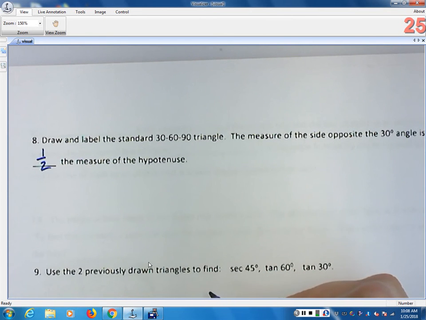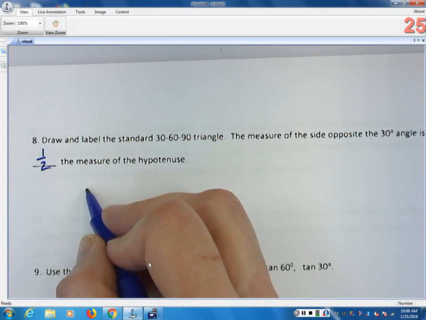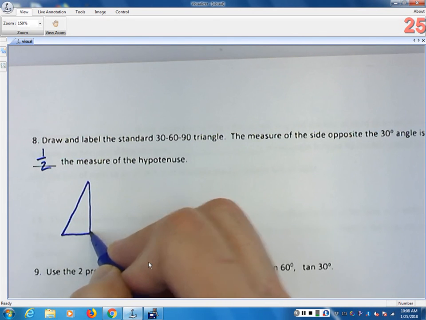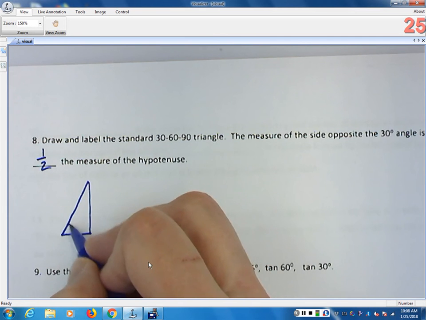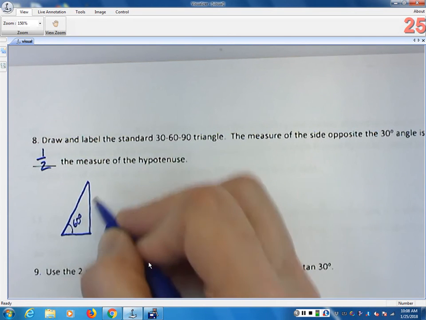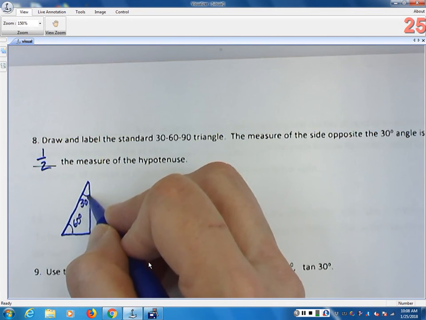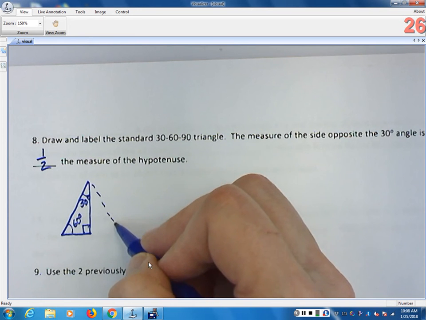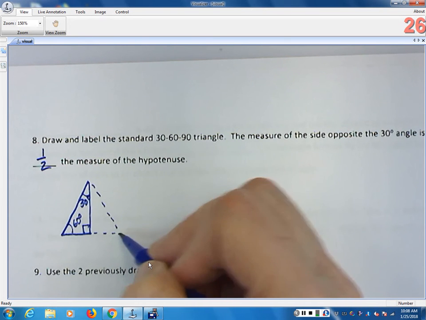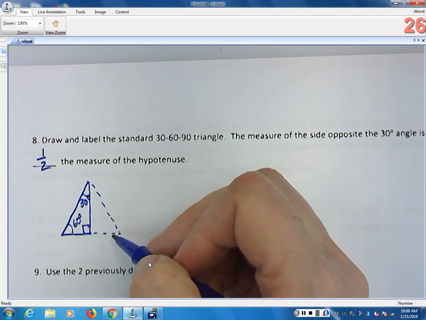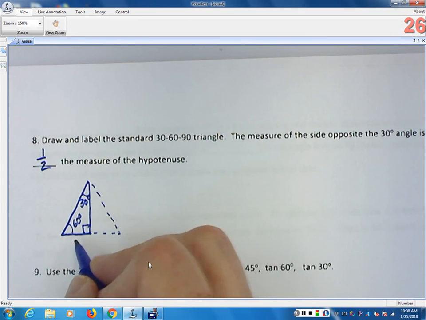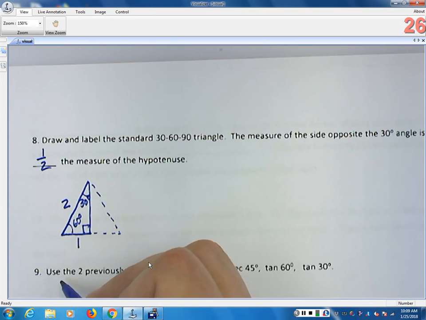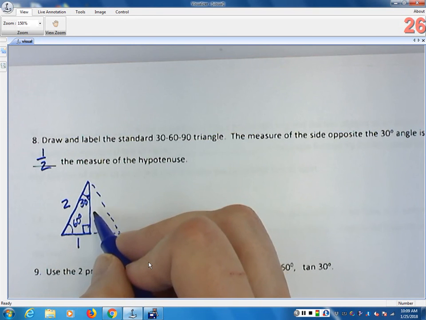And I already mentioned that today, but this is the bigger angle, should be 60, this is 30, and that's the right angle. And so if we make the hypotenuse 2, this is 1, and then we can find this missing side,